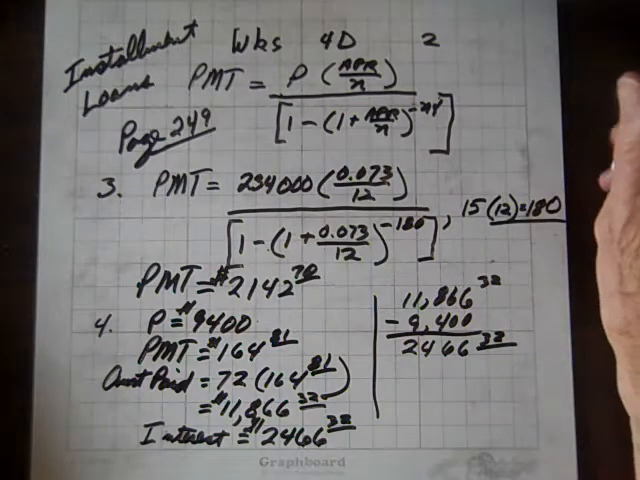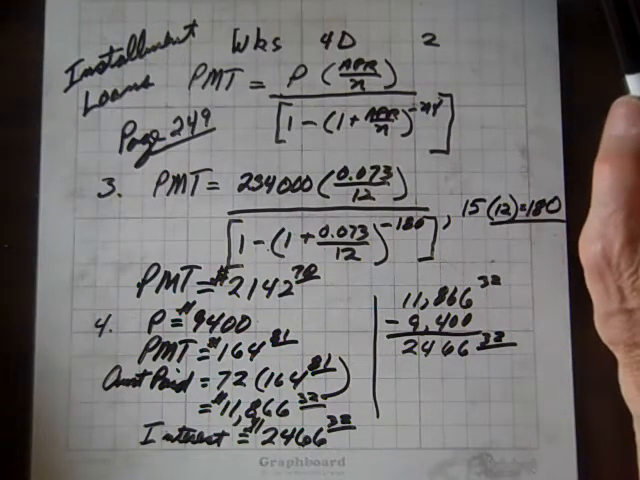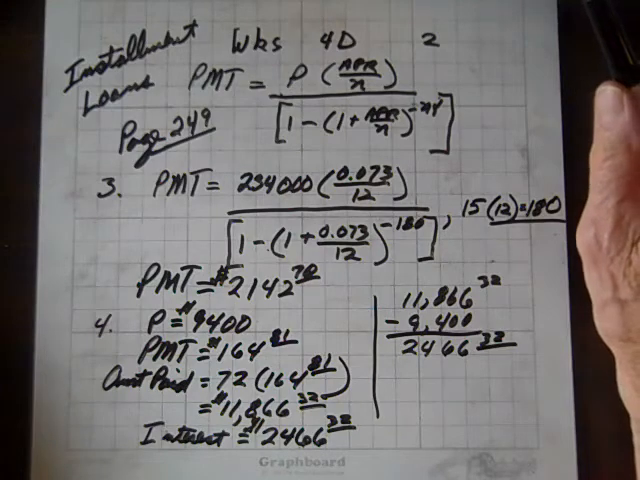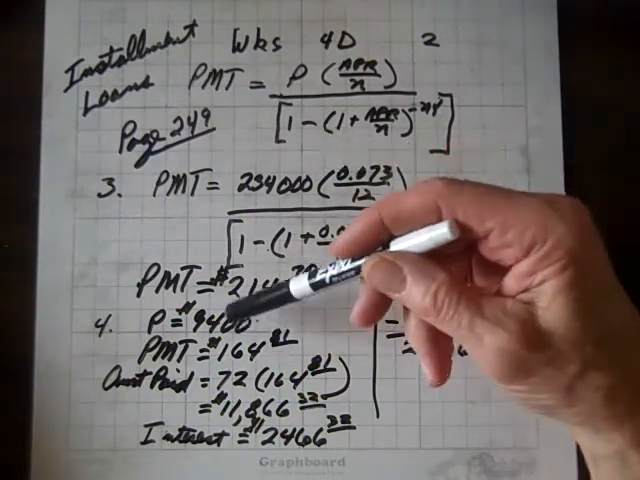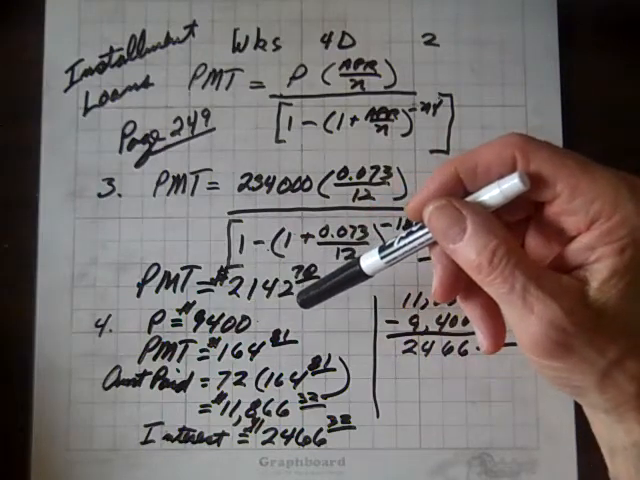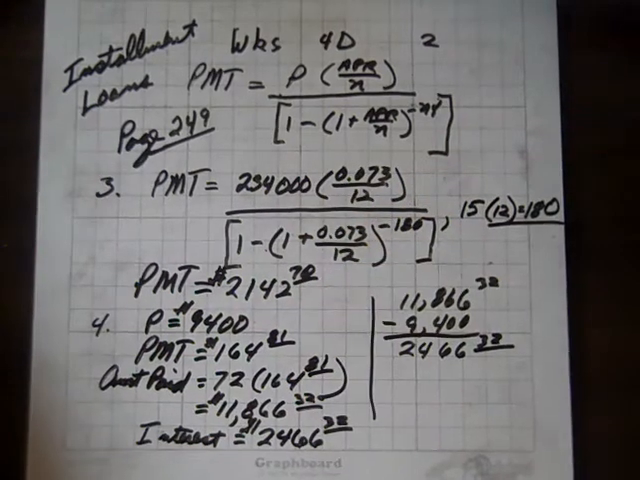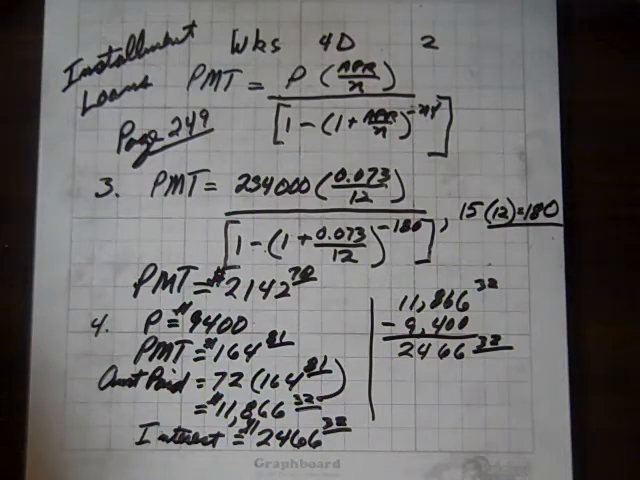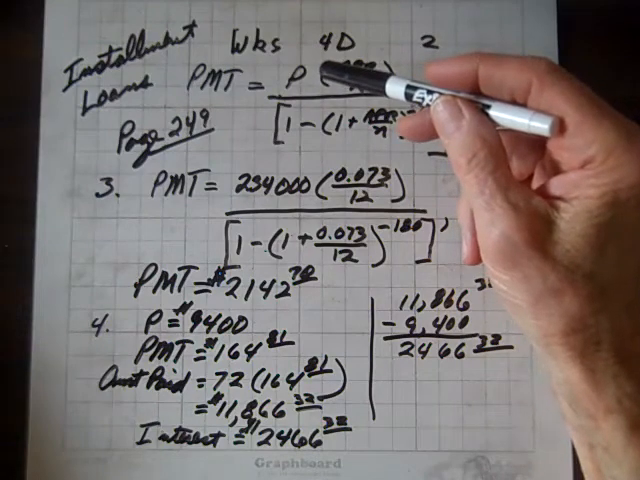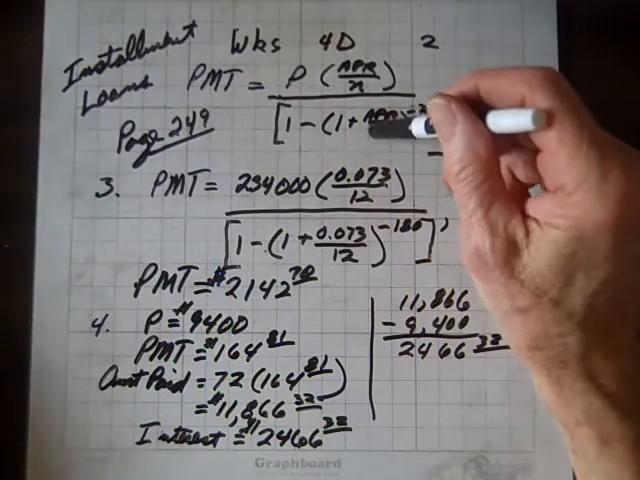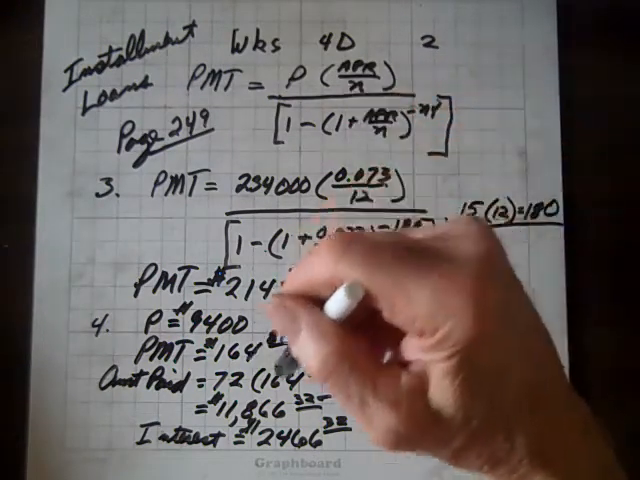$2,142.70. Now for number 4, suppose you take out an auto loan for $9,400. Well, P is going to be $9,400, and we have other data in here for 6 years at 8%. You're paying monthly. So when you compute the payment using this formula up here, you get